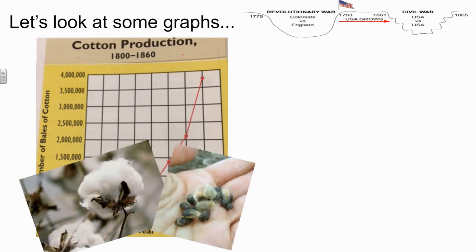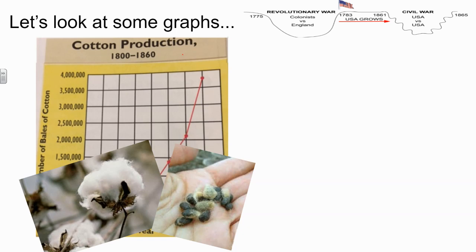Now cotton could grow really well in the South. The soil was perfect for growing cotton. The weather was perfect for growing cotton. But what they figured out pretty quickly was when cotton grows, inside what you picture as that white, soft, fluffy, cottony stuff are these sharp, sticky seeds. And so in order to sell the cotton to be used to make things like blankets and clothing, those sharp, sticky seeds need to be removed.